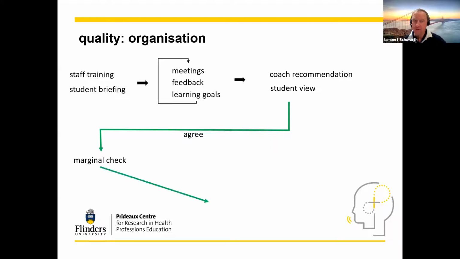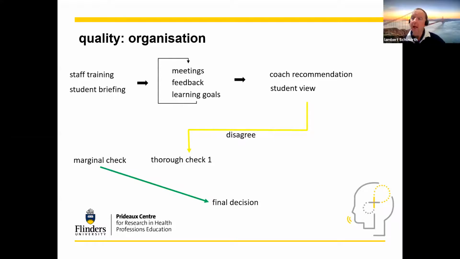If the students don't agree, you may say, okay, I want another coach, an independent person, to review the whole portfolio, to review the whole process, and to see who's right. Or there might actually still be insufficient agreement. You want another check. You want another coach to look at it. Or there might be a full committee looking at it.